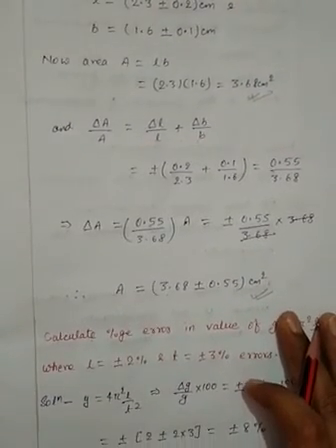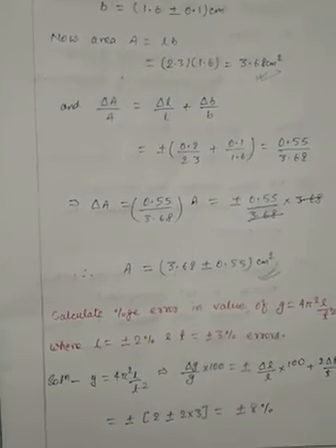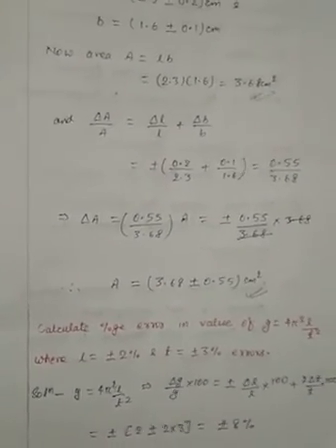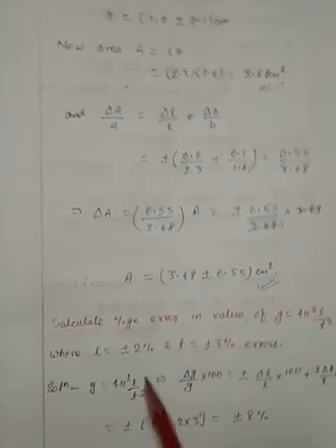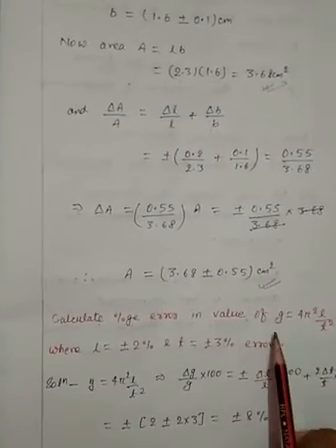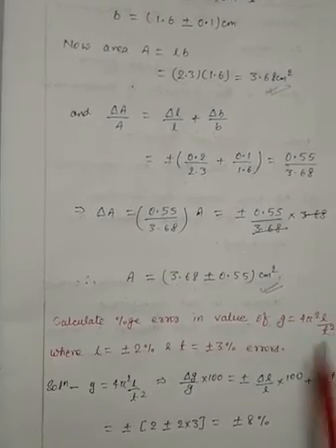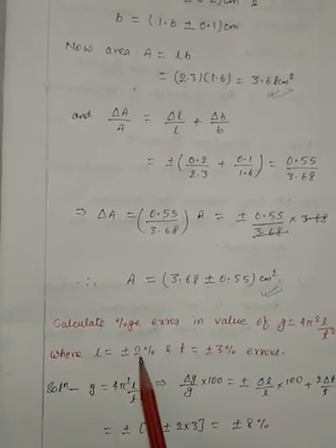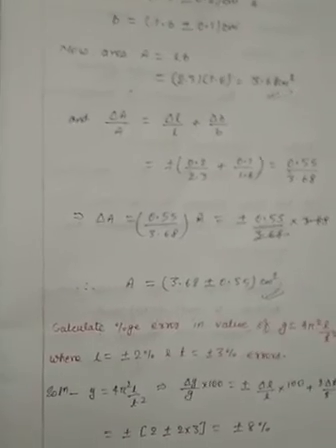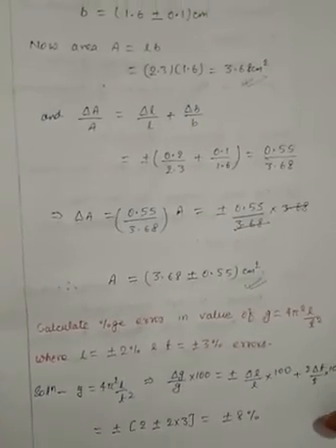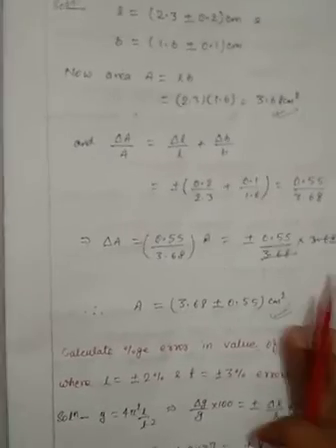Now, the last that we discussed, the quotient part, kindly pay attention. In this question it is given to calculate the percentage error in the value of G, and what is the value of G? G is 4 pi square L by T square, where L has a percentage error of 2 and time has a percentage error of 3. Now, see how we can apply our studied example.